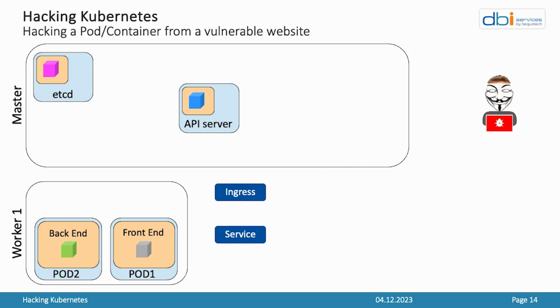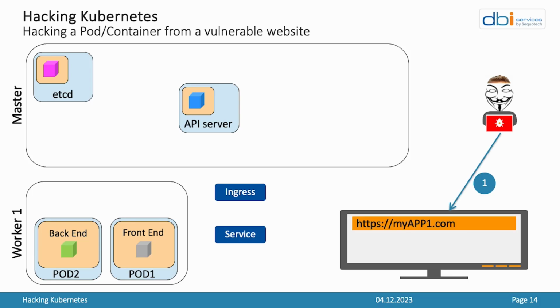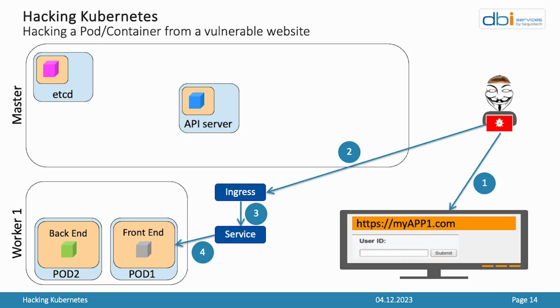I now take the role of the attacker again, and I use the same web browser and the URL of the website I would like to attack. So this request is going to reach the ingress like before into my Kubernetes cluster. Then I reach the service in the cluster. That's going to reach one of the front end of my website. And when I reach the front end, I get the user ID, and that's the component I would like to